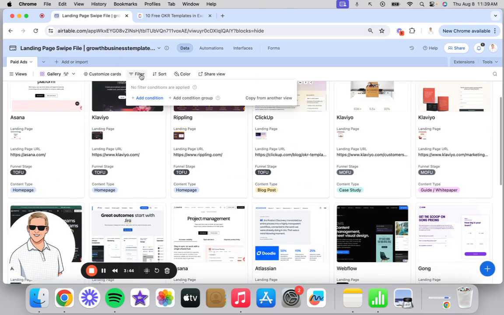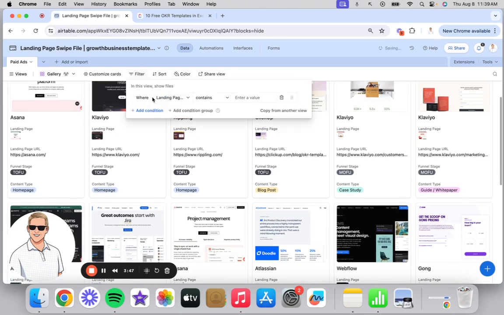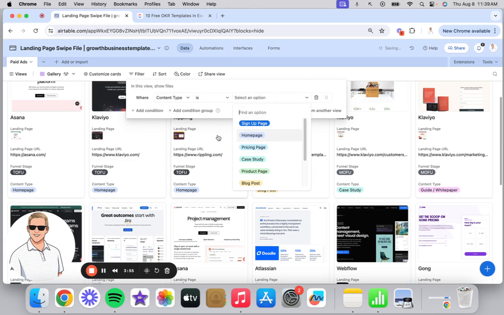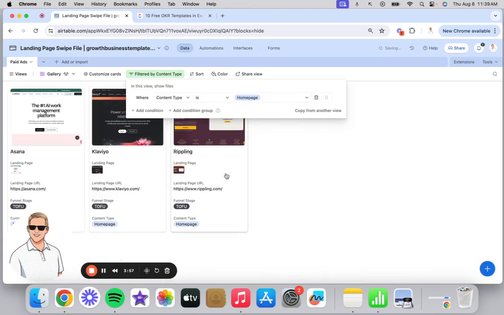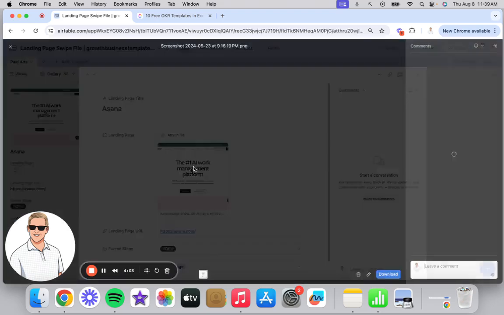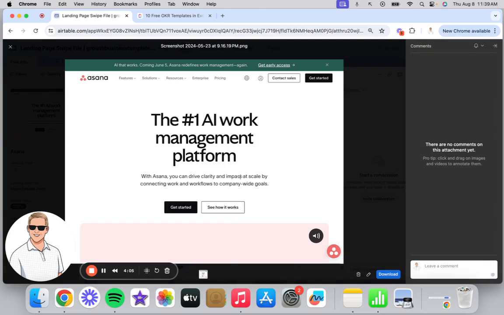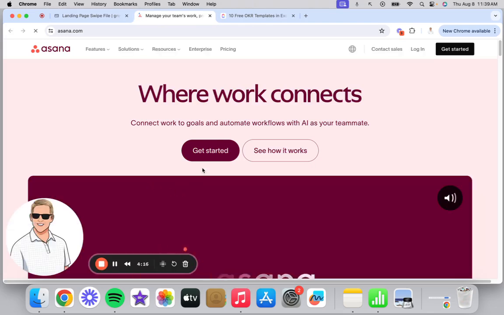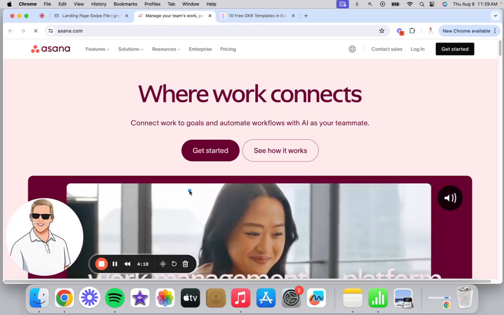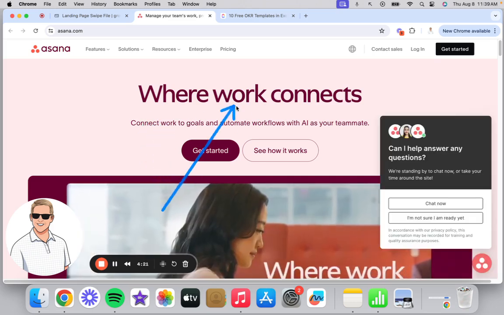So you might come in here. That's what I love about Airtable. You can add a condition. You say, you know what, I need to select content type, and we need to update our homepage. So that is what we're going to focus on. We're going to update our homepage. Let me look at Asana for inspiration on how they do their homepage, because they're very similar to us. And it looks like here's the screenshot, but what may be even more helpful is to actually go to the homepage itself. And now you can see how they've structured their homepage and the CTAs, the messaging that they're using,